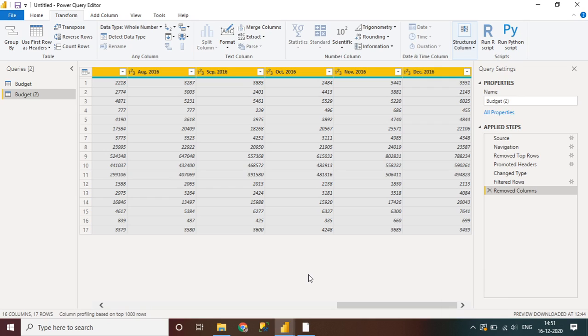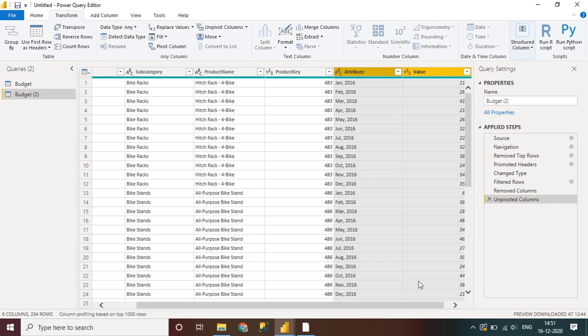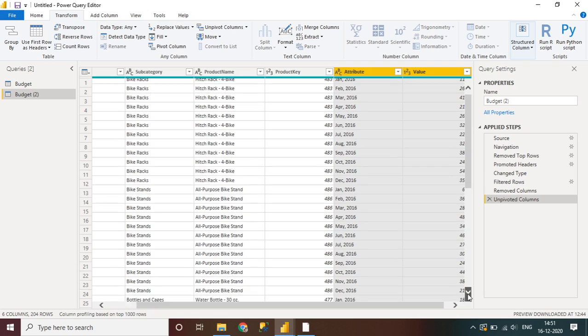Now as we have selected all the columns here, you need to go to the transform option and unpivot these columns. This is the option. If you mouse over here, there is a tooltip: unpivot translates all but the currently unselected columns into attribute value pairs. So we need to click this option, and here you can see the data has been